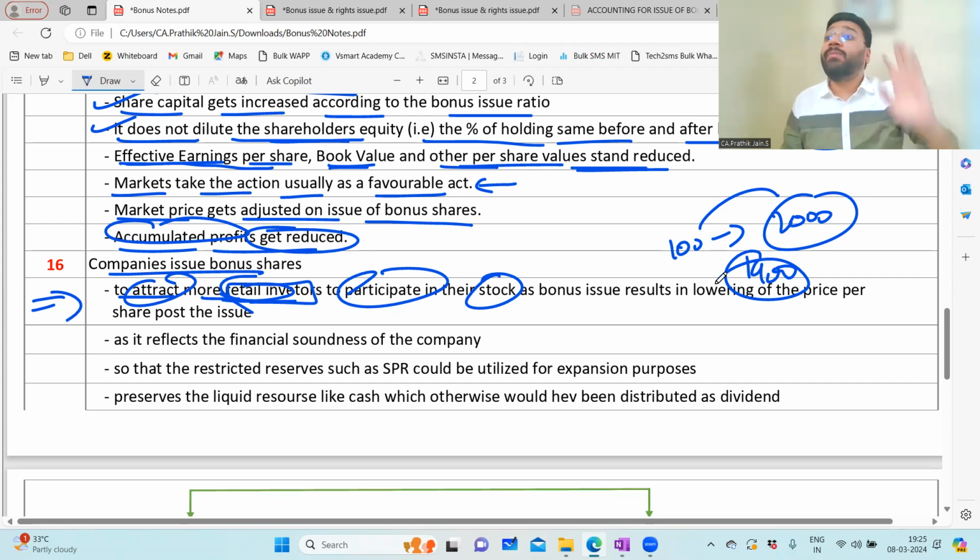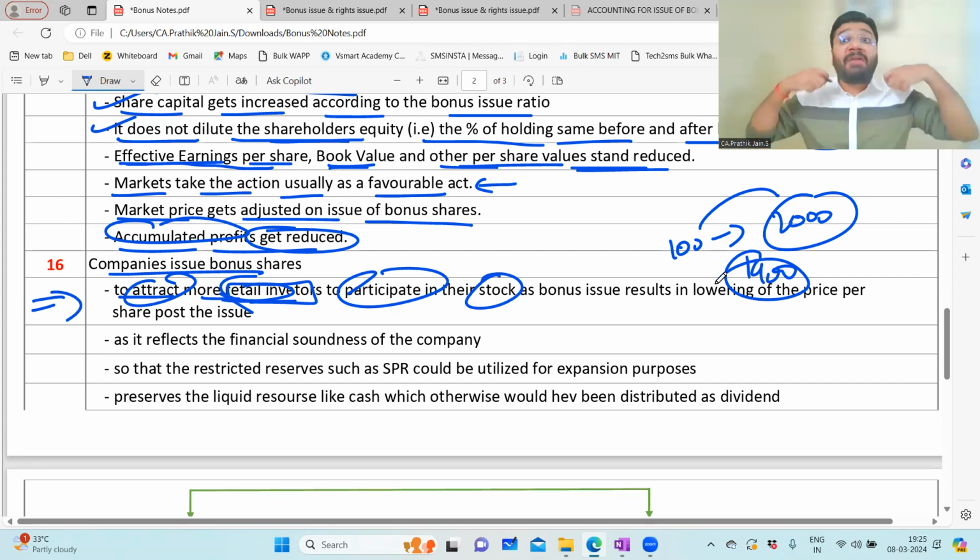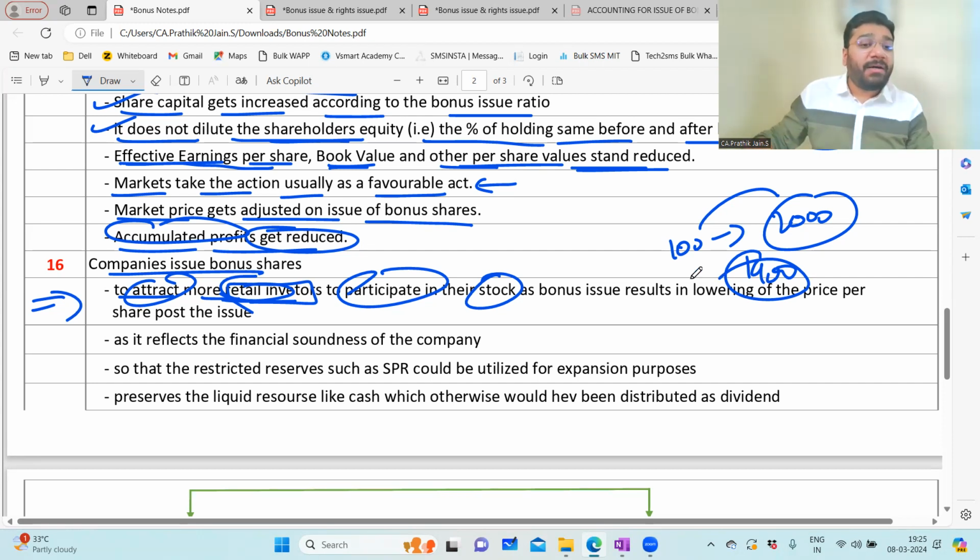It goes up to 100, 120 or 300 rupees. Why? Because the demand is very high. Nobody is there to supply, so people are willing to pay more money to buy that product. In the same way, the company wants to increase the share price of the company, and to increase the share price